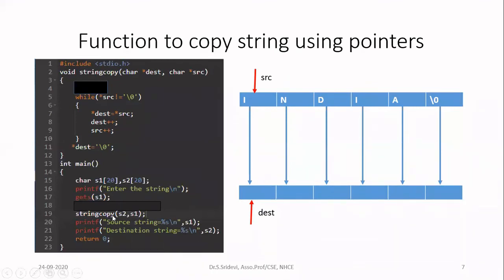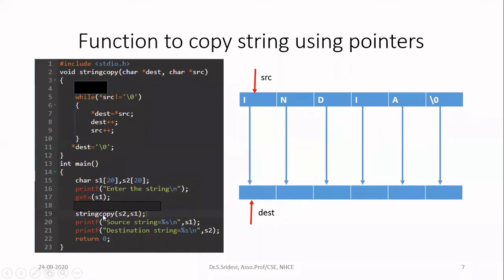Now how many arguments do you have to pass to this particular function? The purpose of the function is to copy one string from the other string, so you need two strings. Pass two strings to this function as arguments. Now, which should be the first one and which should be the second one? You have to see how your strcpy function is implemented. In strcpy, whatever is the second string will be the source string and the first string will be the destination. That is, it will copy from the second argument and store it in the first argument.